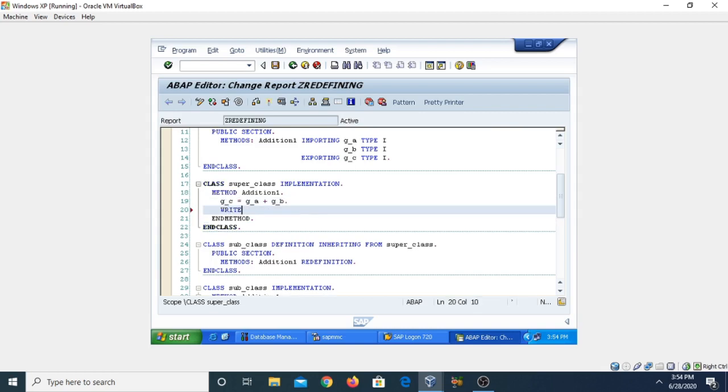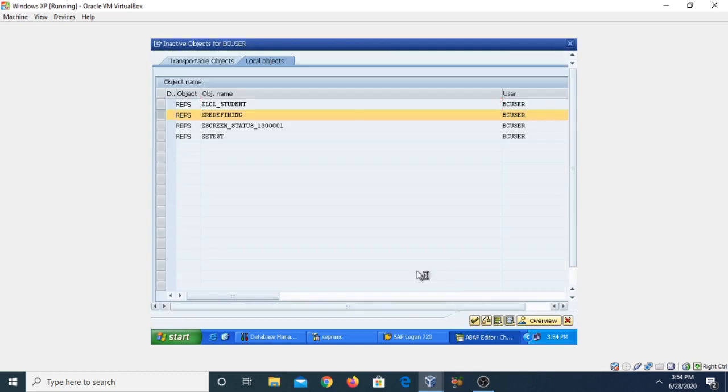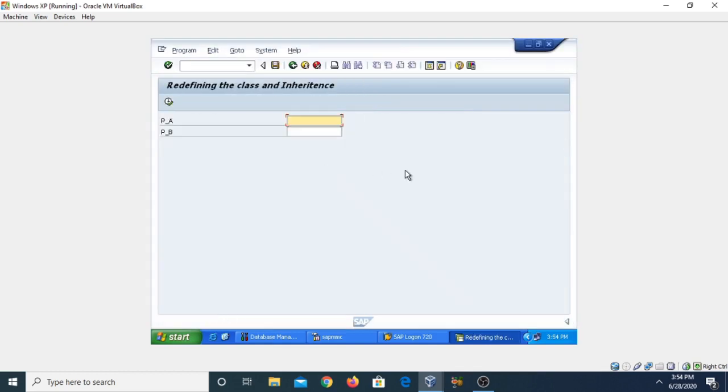This is write colon 'addition of two number is', then comma, and this is g_c. Now click on the save button, compile it, activate it and then execute it.